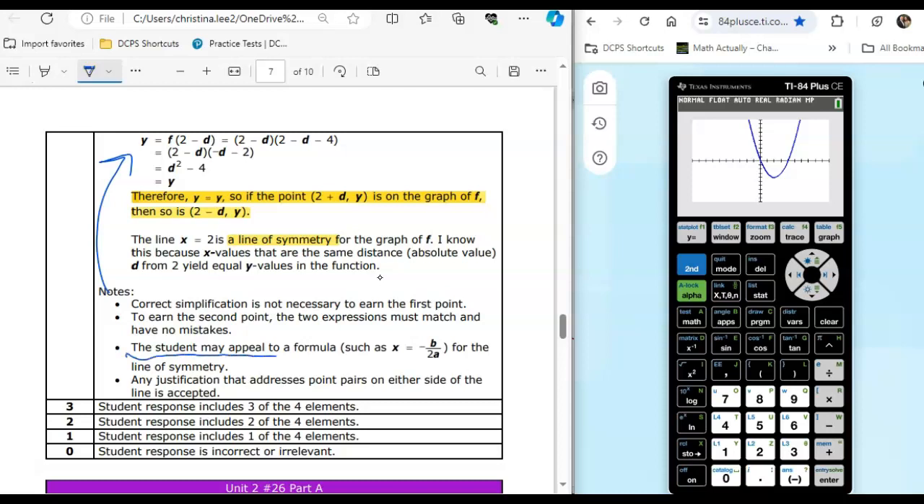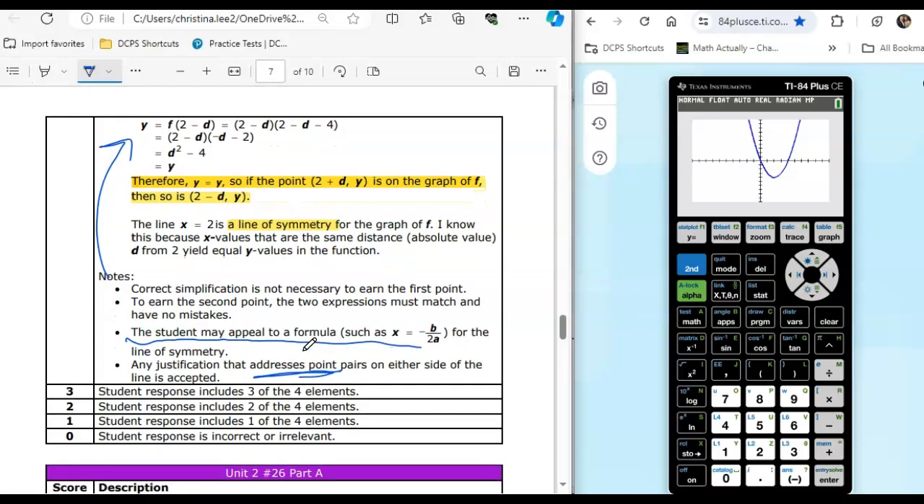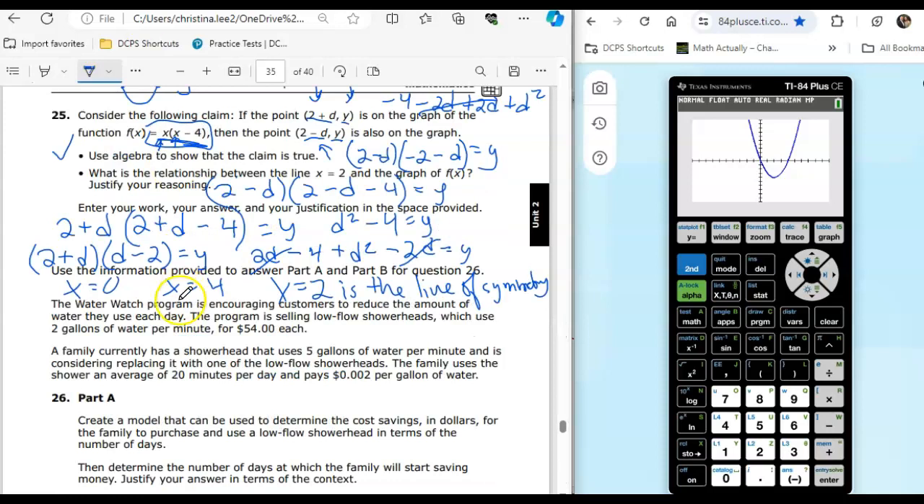Notice it says the student may appeal to the formula, and you might justify that by addressing the point pairs on either side of the line, right? Again, using those x-intercepts, for example, would be another way that you could justify what x equals 2 means in this situation. All right, let's look at